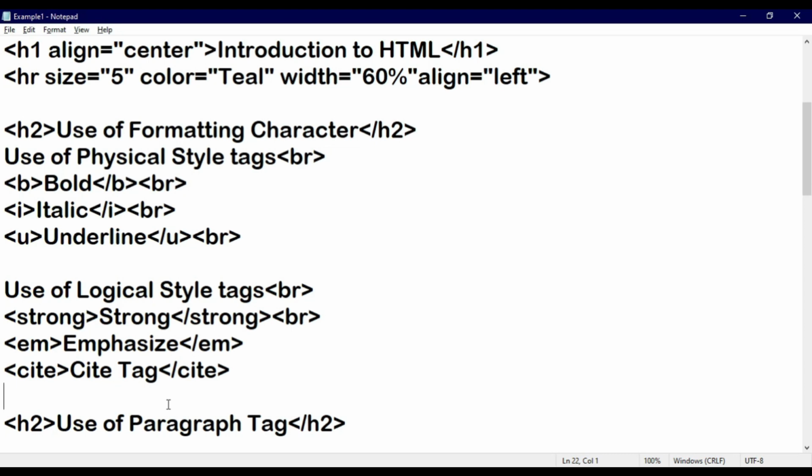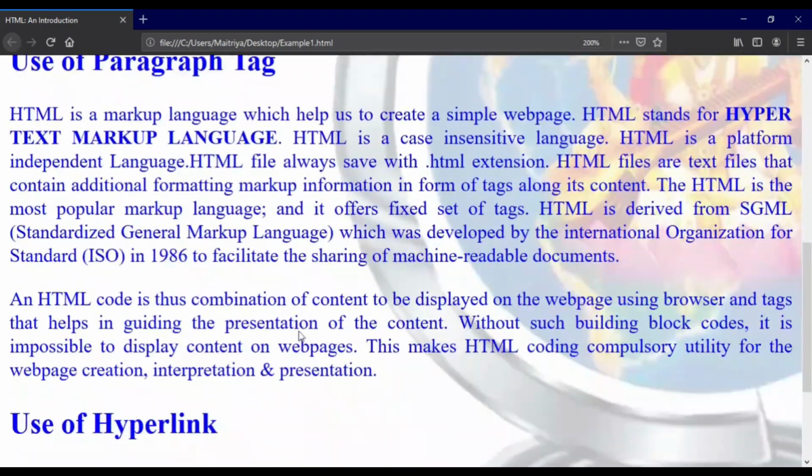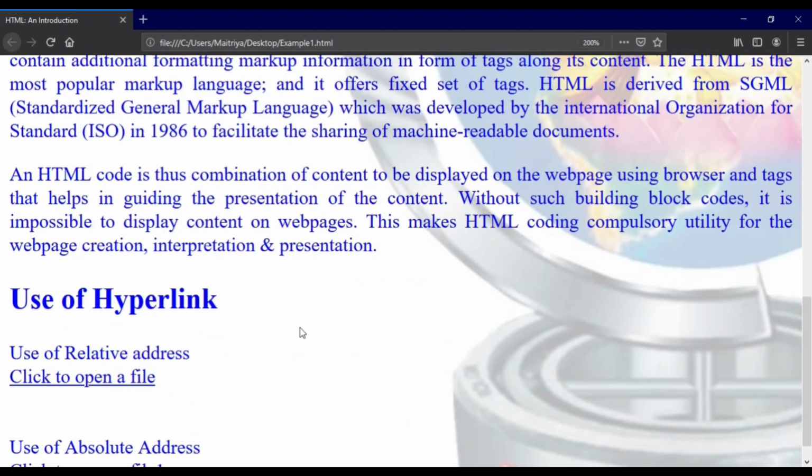And also students, keep in mind that you should keep saving your file and keep observing your output, so that you can get the idea that the changes you make inside your file change the output, and how it is displayed on a browser, right? Next is to change the font color and font type of the content we have written.